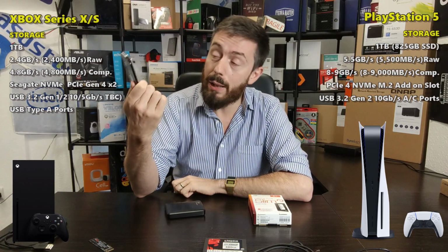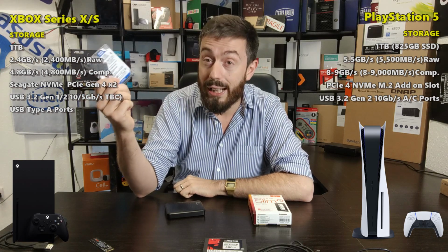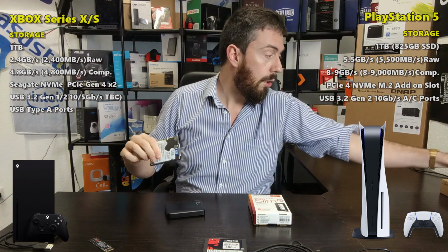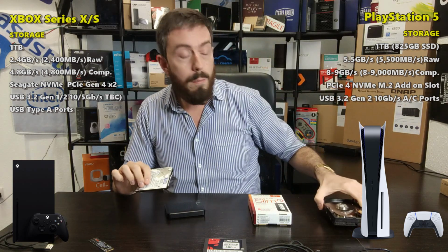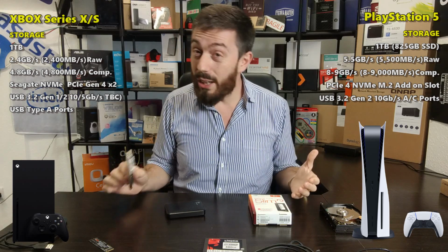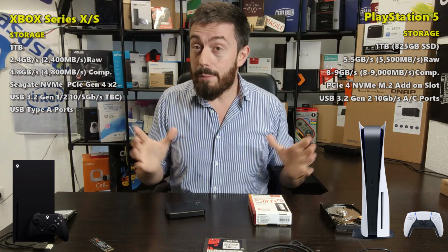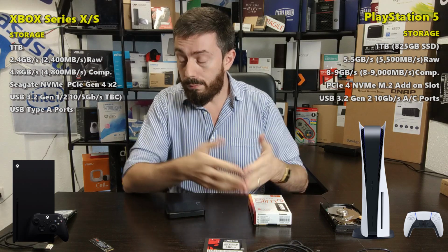you're going to be capping out at the maximum speed of that hard drive, typically around 200 megs, give or take, at the top end, particularly 2.5-inch drives. If you go to 3.5-inch drives, big old hard drives that are mechanical platters inside, you might get lucky and get around 260 to 270 megabytes per second from Seagate and WD from external drives. But it still has to be said that those external drives, if they are connected to that external port,